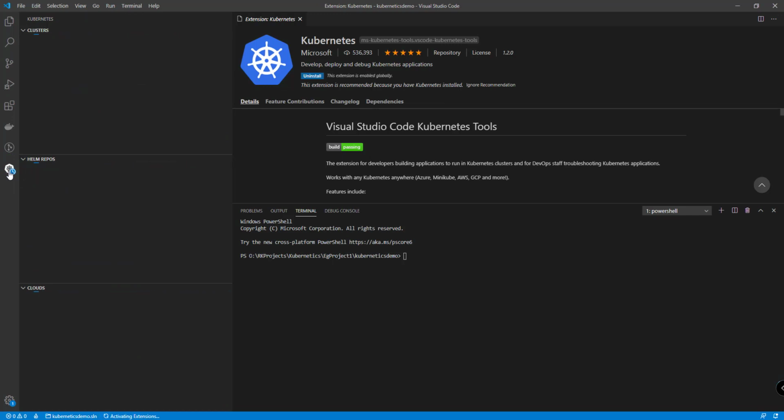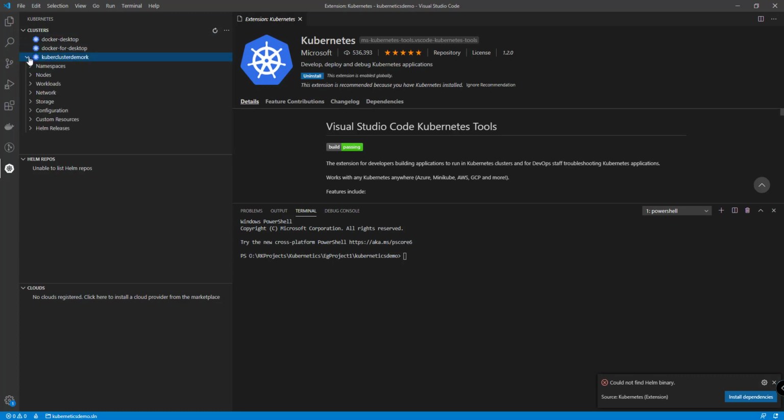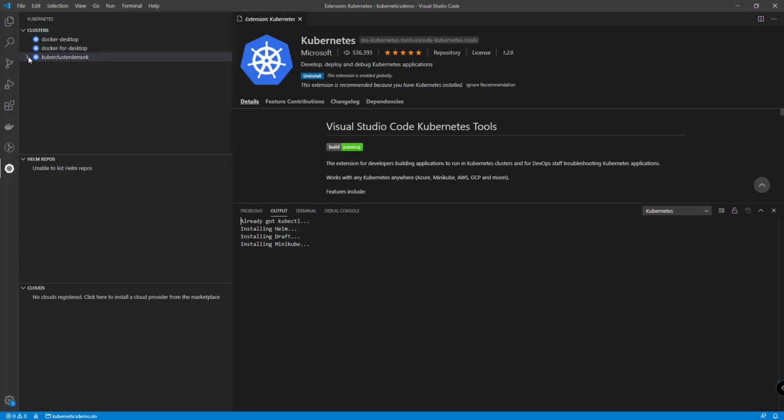It helps to create new deployment YAML files and services, and it will provide us with a default template. You can see our local cluster running on this desktop also shown here. You can also see the dependencies installed over here.